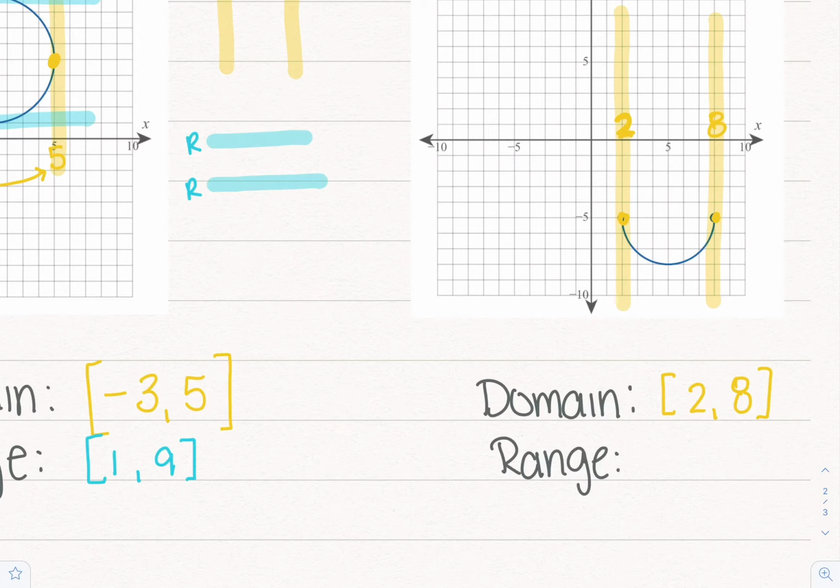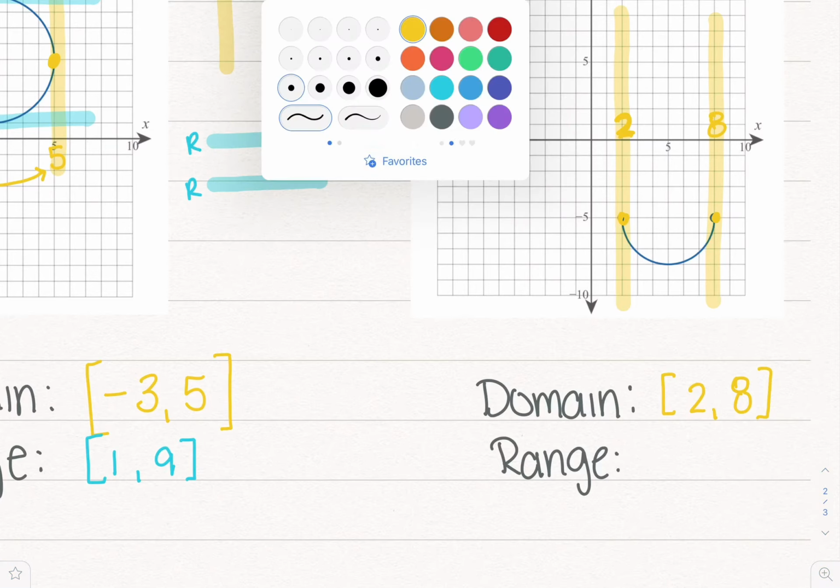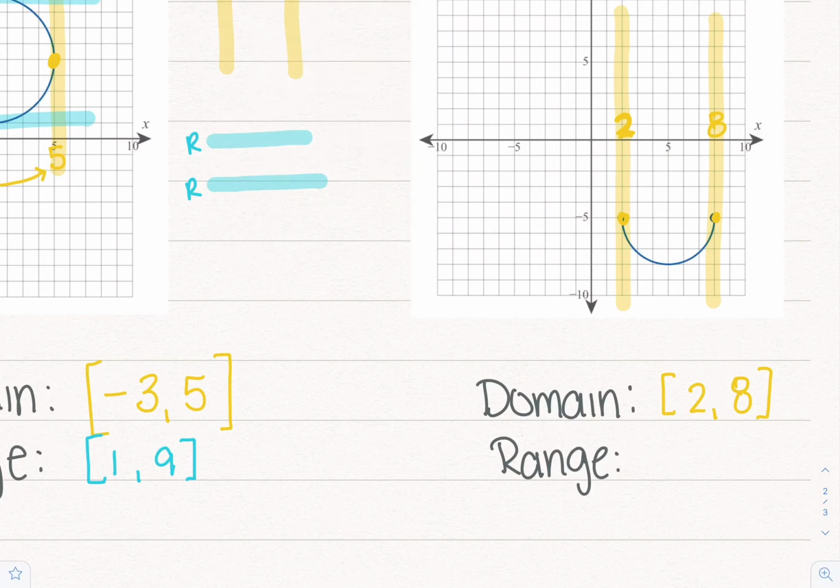Range, bottom to top. So I'm going to get my popsicle stick, strips of paper, whatever. The bottom of the graph is right there. The top of the graph is right there. So bottom to top, well, the bottom is hitting at -8 and the top is hitting at -5. So my range is going to be bottom -8 to top